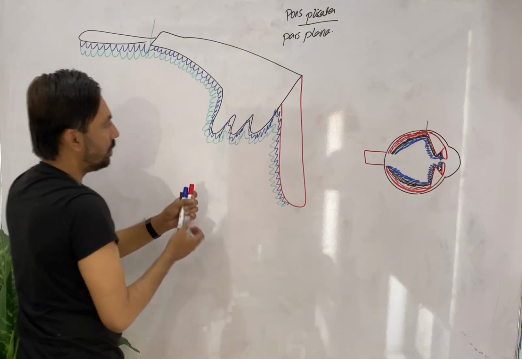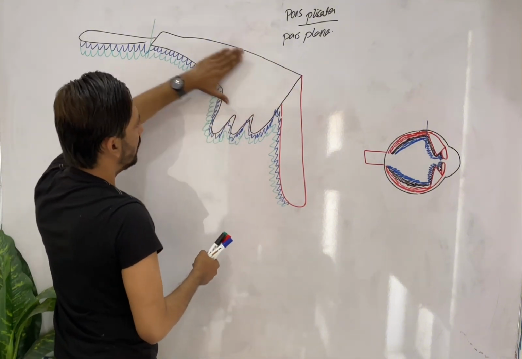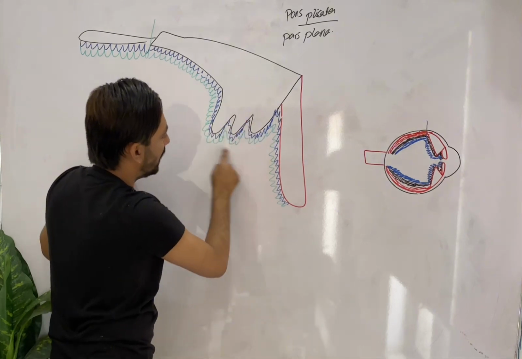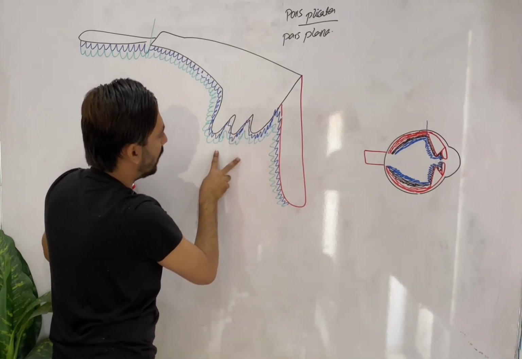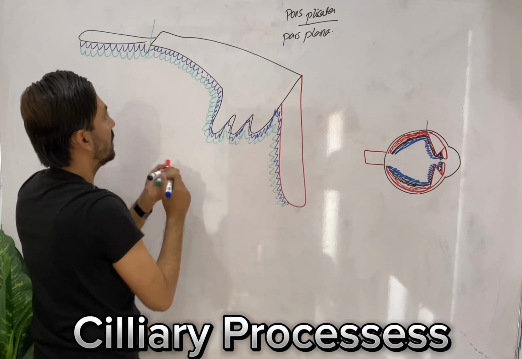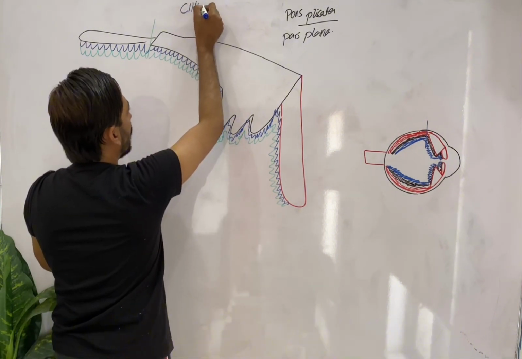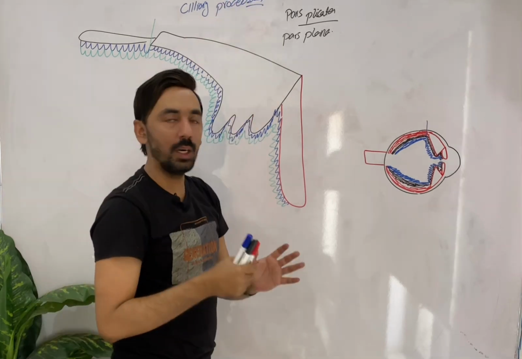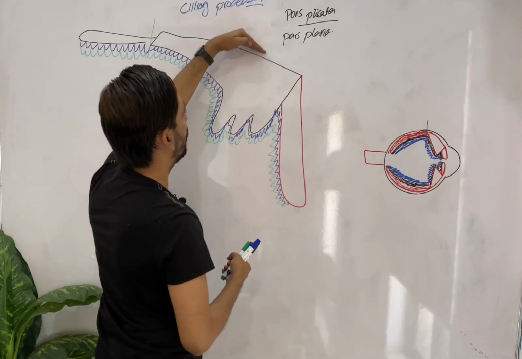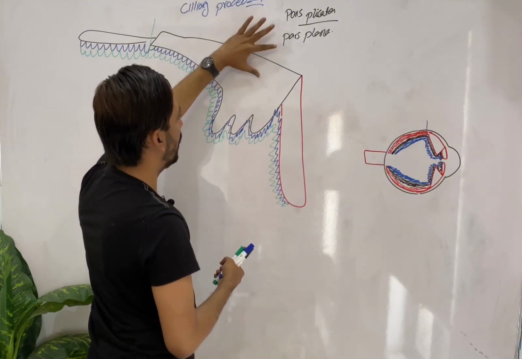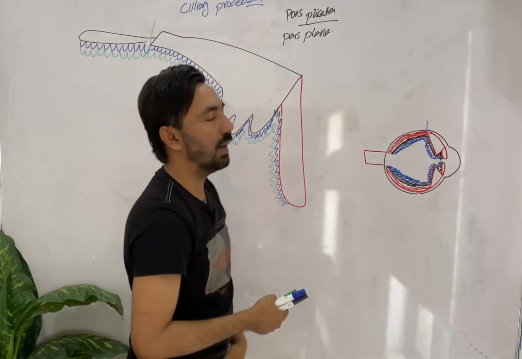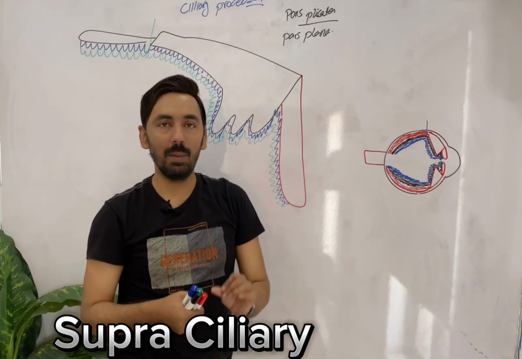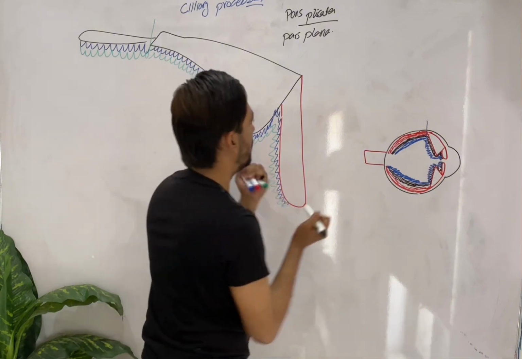Remember that this triangular structure is called the ciliary body, and these finger-like projections are the pars plicata, also called ciliary processes. And now we will start from the outermost part of the ciliary body, from here. Remember that there are 5 different layers of the ciliary body, and the first layer is called the supraciliary lamina, right? So first is number 1,